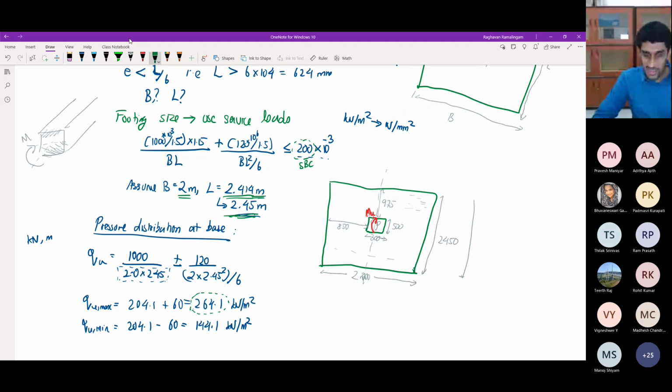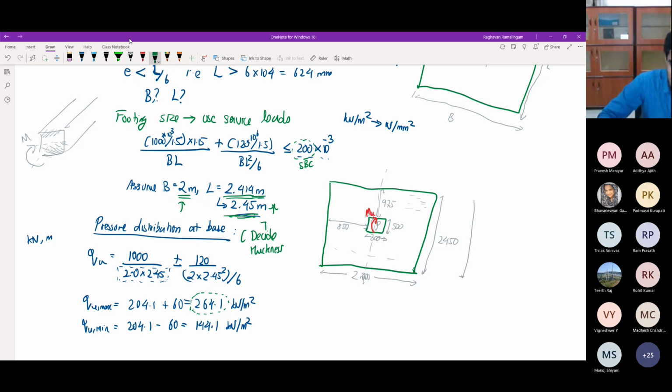If you feel very uncomfortable by looking at such things, then you will have no option. You just have to increase the breadth and length further, so that you are able to bring factored pressure also below the SBC. The purpose of calculating this factored pressure is basically to decide